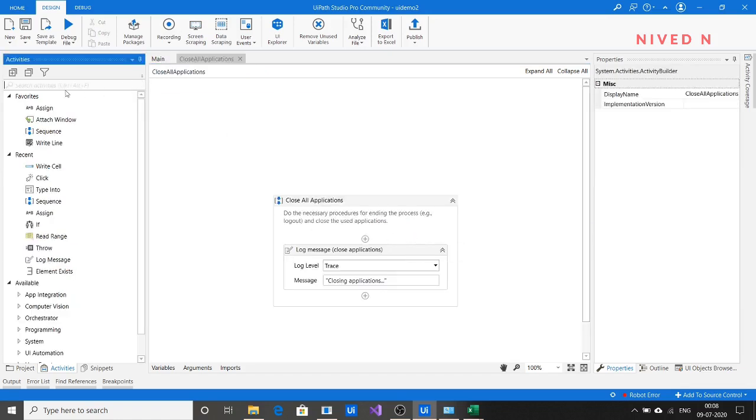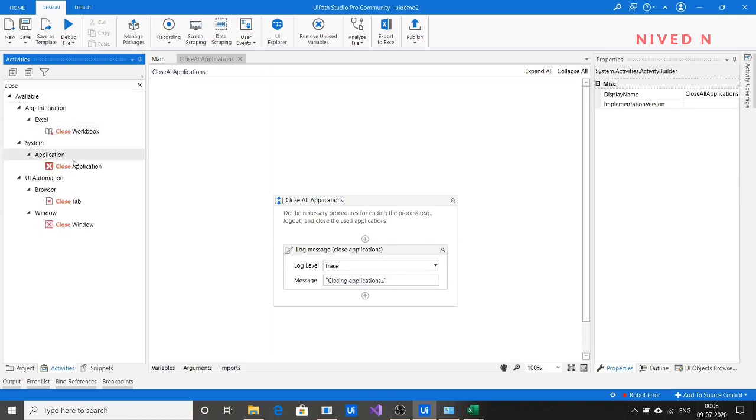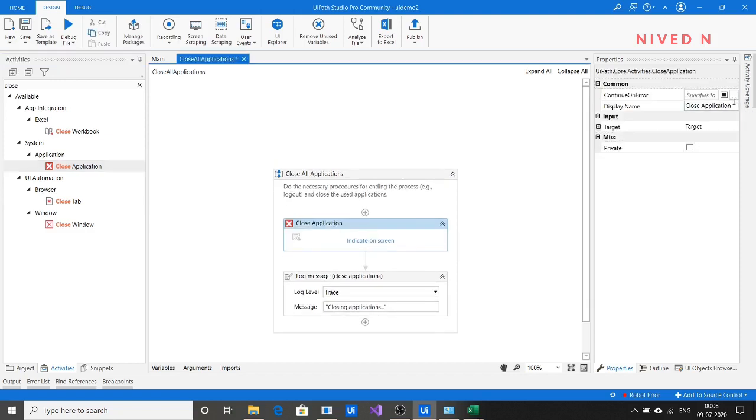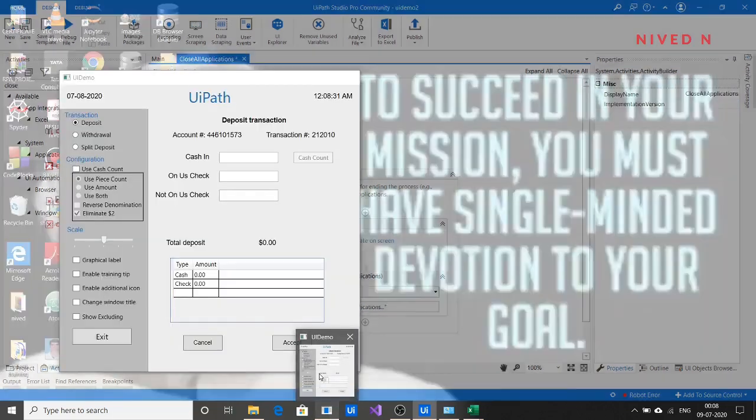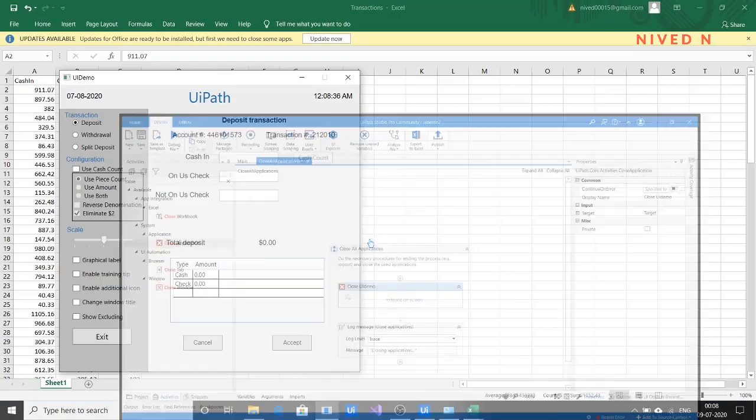For that you can use close application. You just specify UI demo, close UI demo, and indicate on the screen the application you want to close.